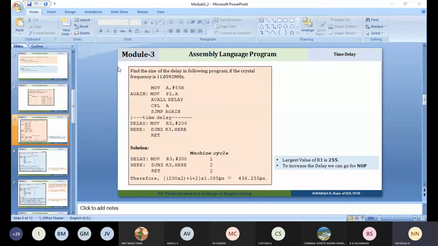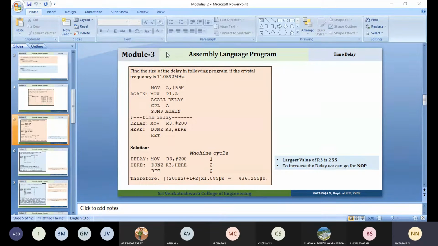With respect to the instruction MOV R3, #55, it has one machine cycle. How are we going to find the machine cycle? With respect to the appendix table. For one machine cycle, with the crystal frequency 11.0592 MHz,